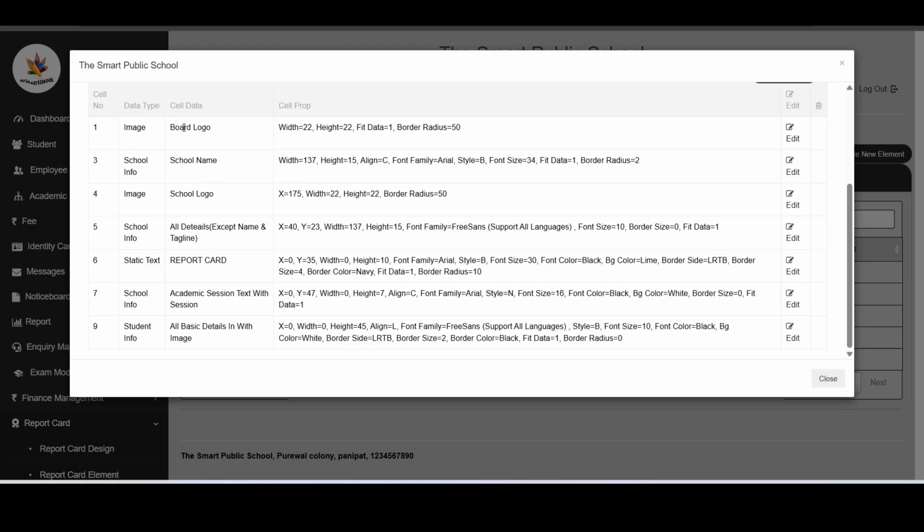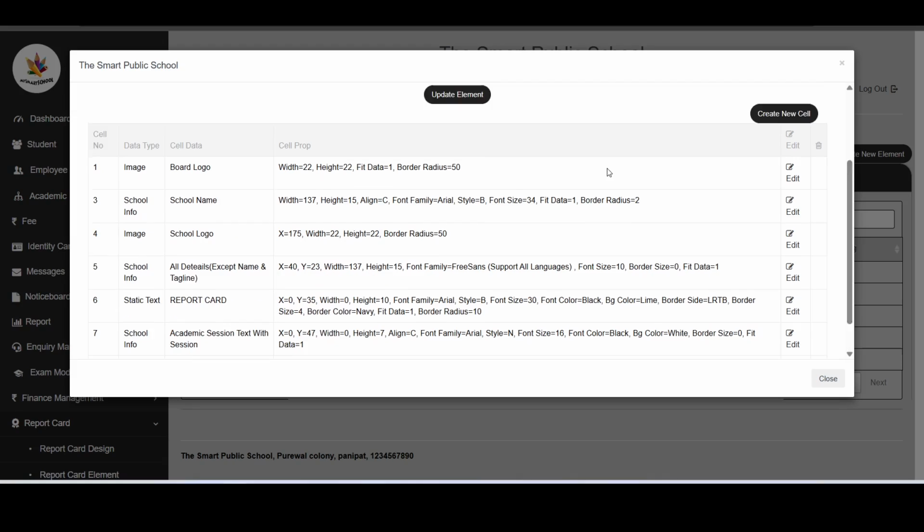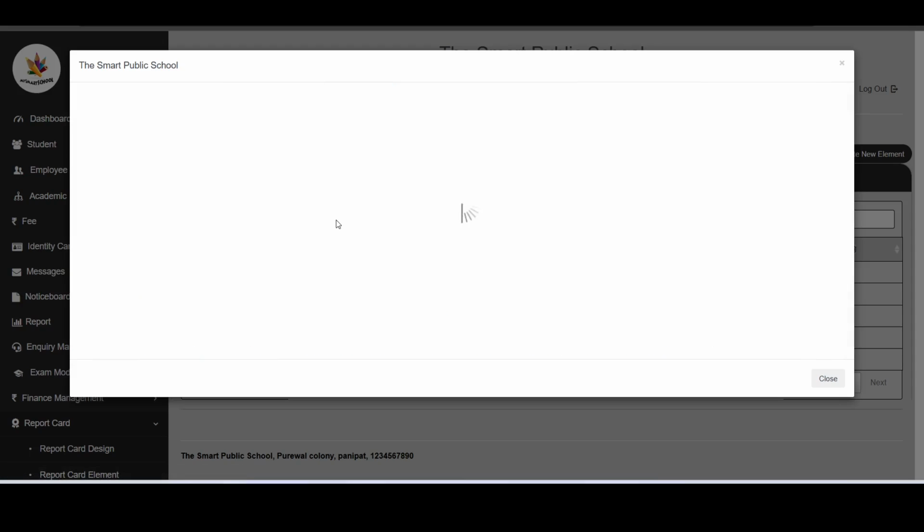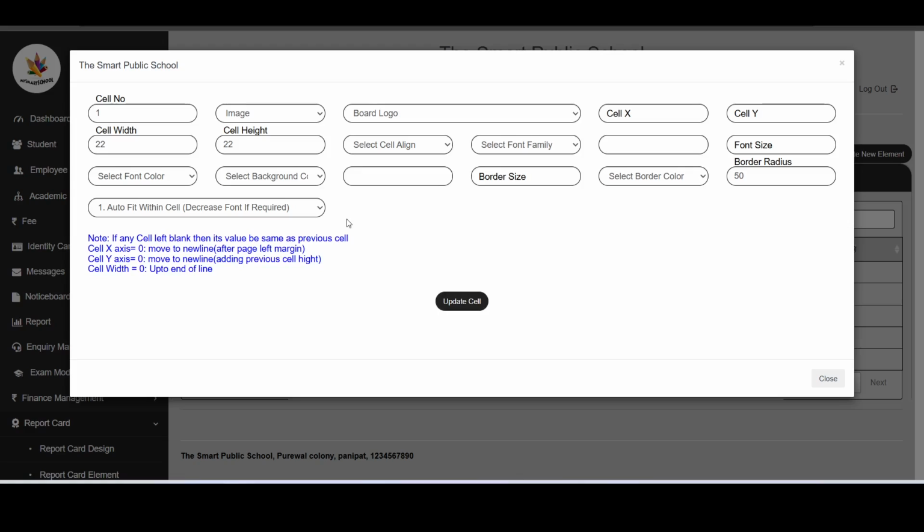First is the board logo, and its width and height are given here, and you can see the detail of how this cell is defined. Just click on edit here. You will see the cell number, image, the type of data is image, and then board logo.